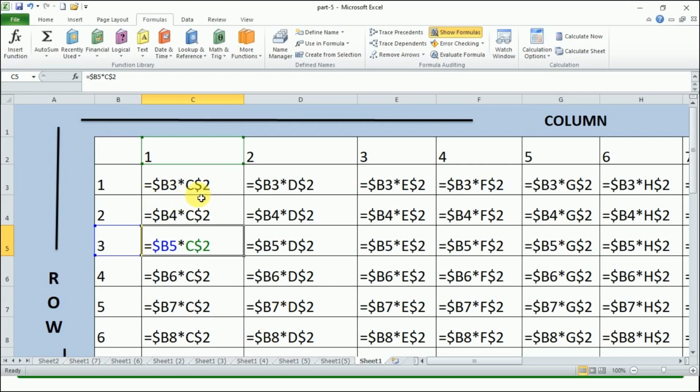In the second part, C has changed, C, D, E, F, G, and $2 means the 2 remains fixed, right? So this is the combination of both absolute and relative cell referencing. So this is about mixed referencing.